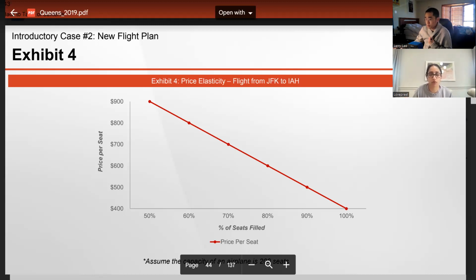And the same goes for the $900 price, which is at the 50% capacity. So we're better off with our price in terms of discount, ranging from the $600 point to the $800 point. And ideally at the $700 point, we're generating the most revenue. Great. Absolutely. So going ahead,